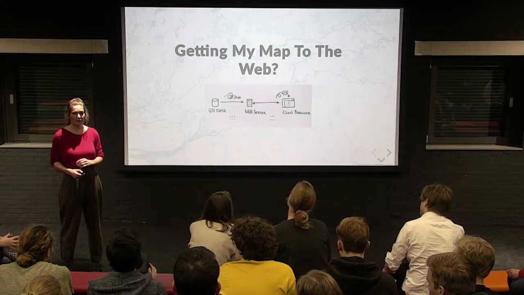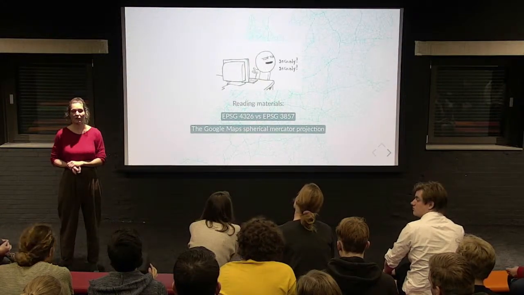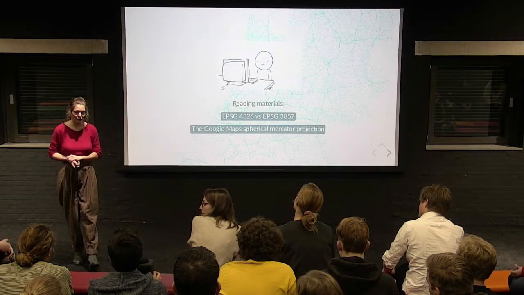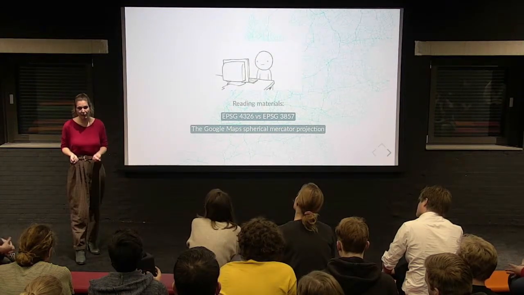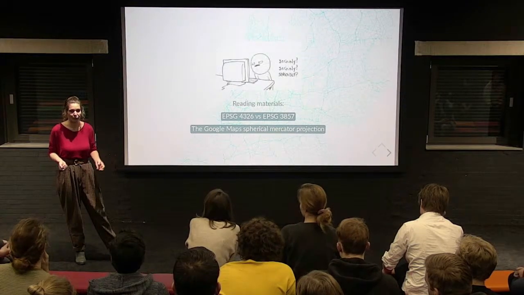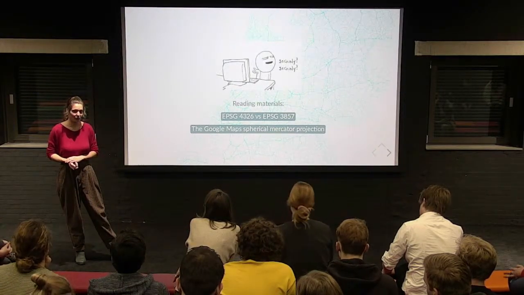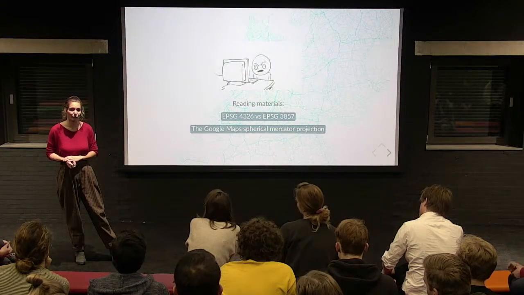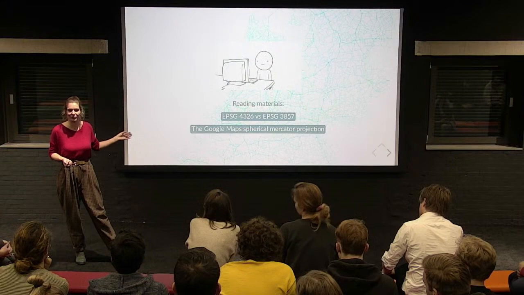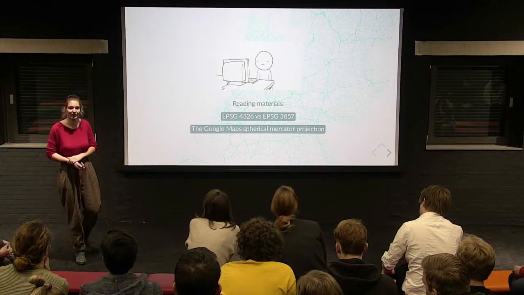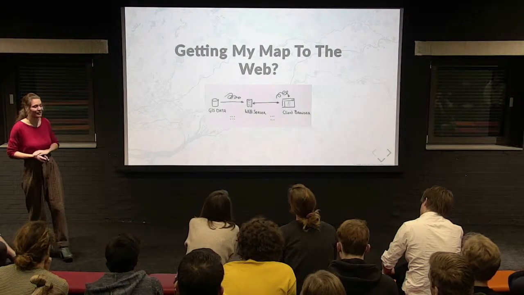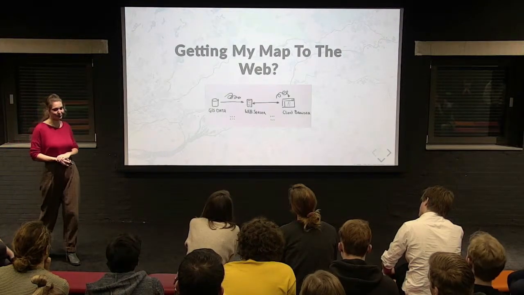What would be the source of geodata that you would use to visualize? You have a lot of different sources. For example, OpenStreetMap, which is data from all over the world with roads and waterways. In the Netherlands, we have a lot of open geodata that the government provides. But I'm going to pass some sources as well later on in the presentation. So let's continue now with how to get a map onto the web.